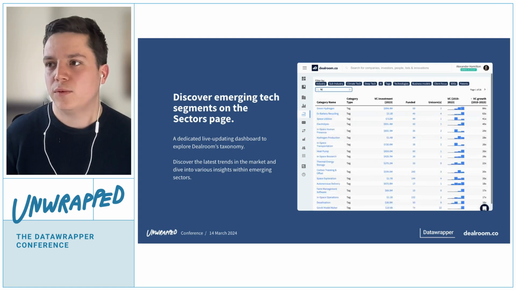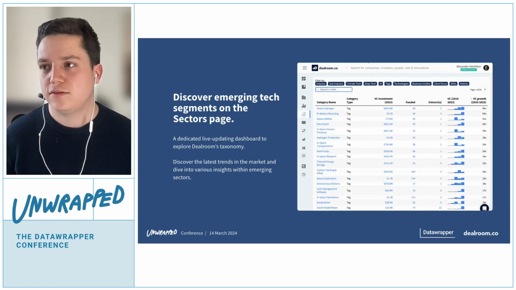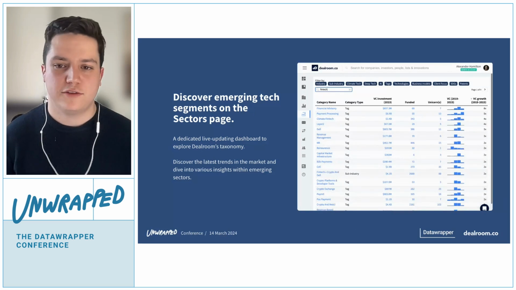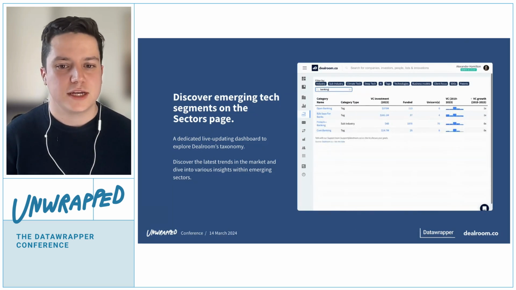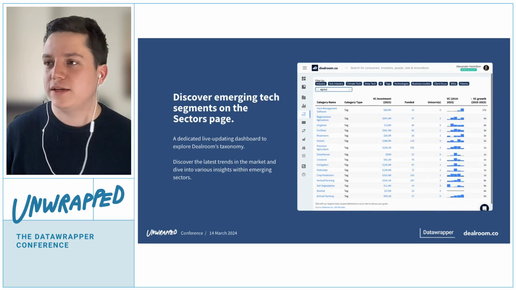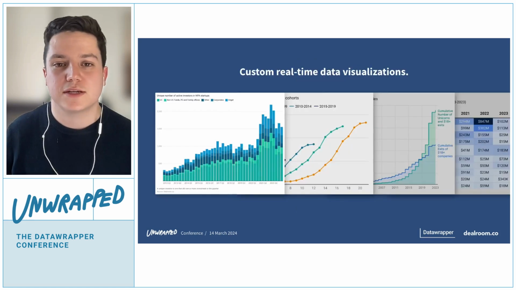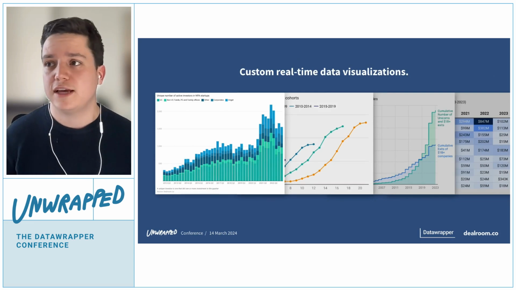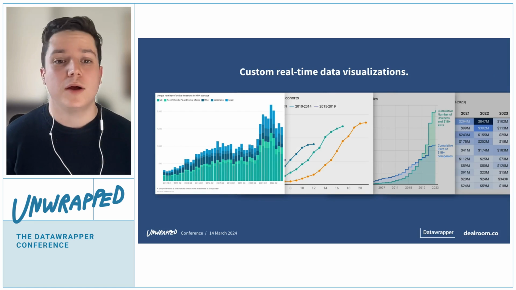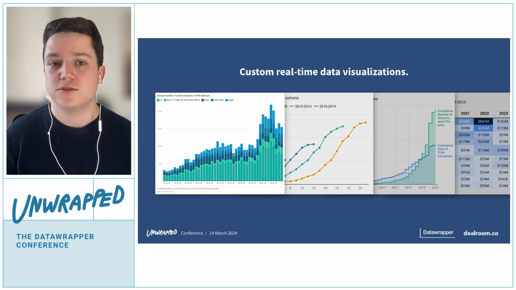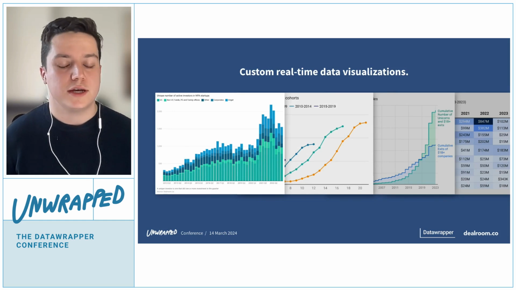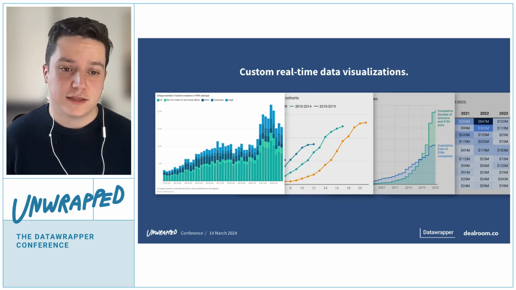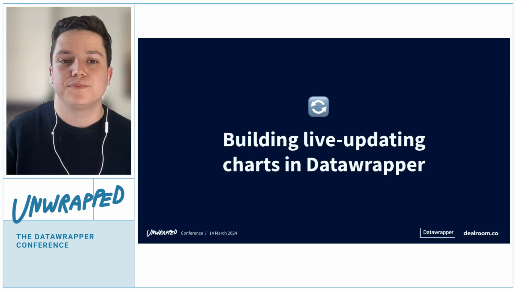Using a lightweight tool like Datawrapper's table is really easy for us to showcase how to find these types of startups across 500 different industries, sub-industries, segments, etc. So this is a really good use case that we've been able to build with Datawrapper's technology. And just as mentioned in the guides, we're able to distribute these live charts that are updated in real time across the platform and on the website. We're able to customize these to our needs or leverage different templates that we already built. And the live updating side of things and the API really makes this a very streamlined process.